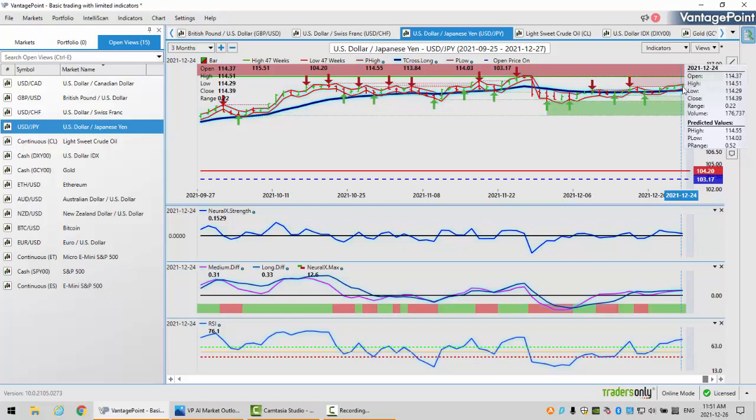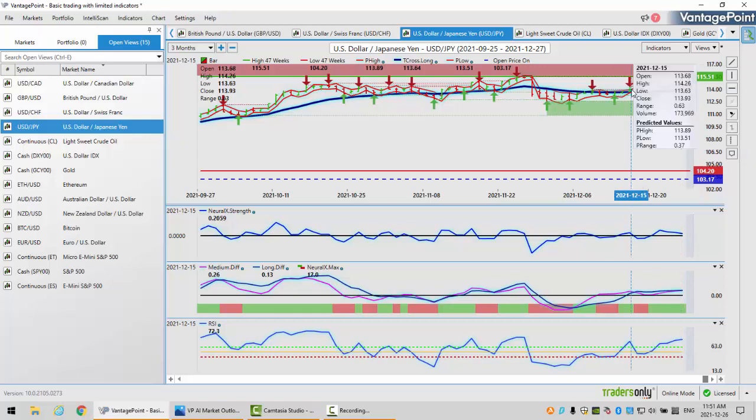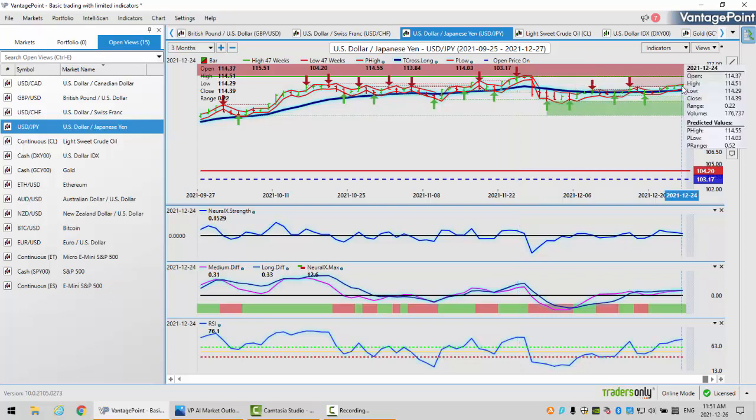You remember the Bank of Japan talking about intervening, protecting the 100 level. They didn't have to do that. We've moved up considerably from that. But right now, we're more or less just sideways. We're running along that verified resistance high, that's 114.26. We need a clean break of this, guys, if we're going to get a shot back at the high of 115.51, but we must clear this level first.